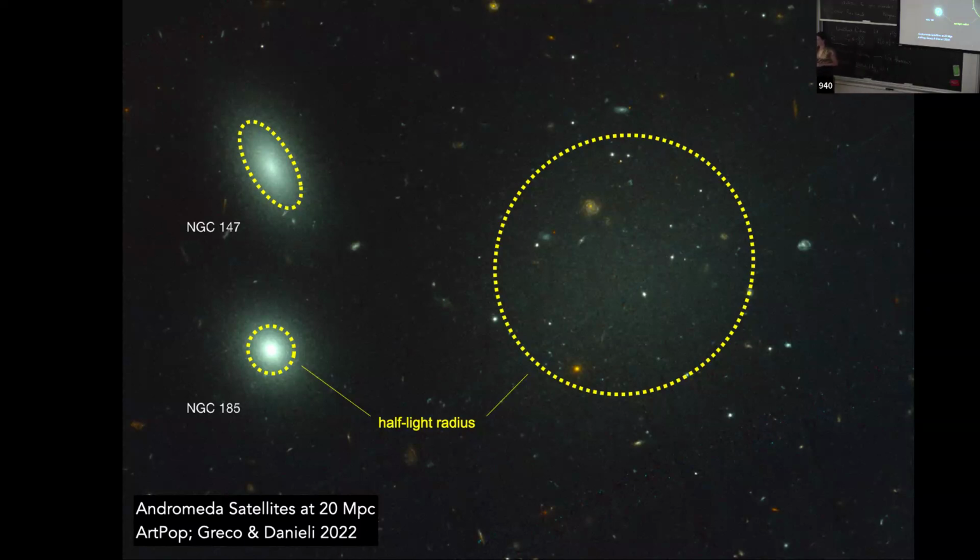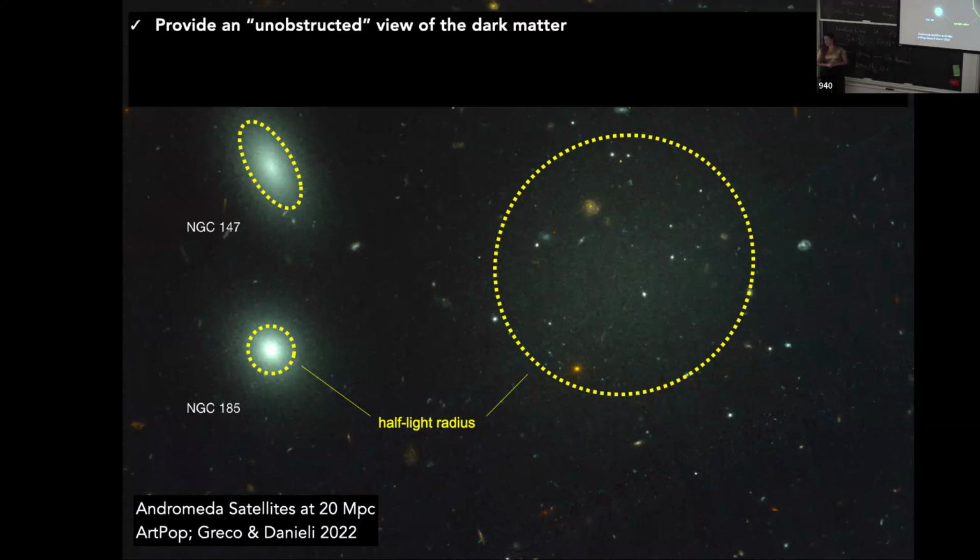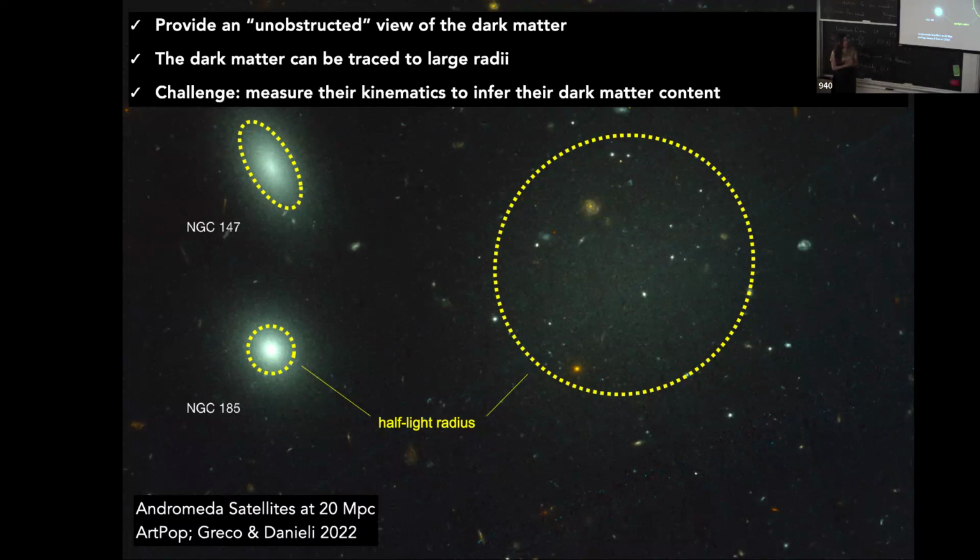So why did we think they were interesting? In terms of understanding dark matter, we thought that, hey, there aren't that many stars. Maybe we get a more unobstructed view of the dark matter halo. And if you can trace the kinematics of the stars out to larger radii, you just probe more of the dark matter halo, right? You don't need to make so many assumptions about what's going on in the outskirts, whereas in these galaxies you probe the center, and then you need to assume how the outskirts look. But, of course, it's really hard to get kinematics of these galaxies.